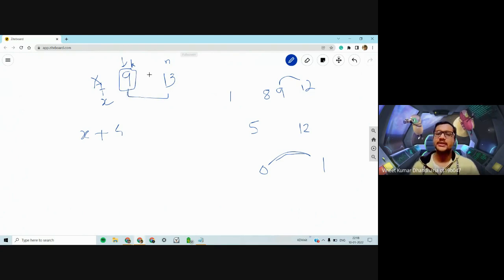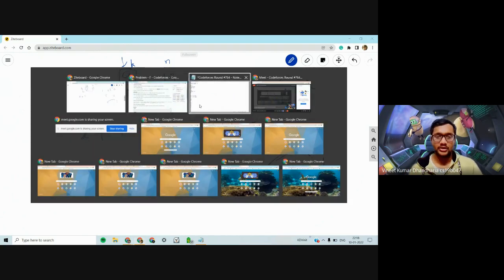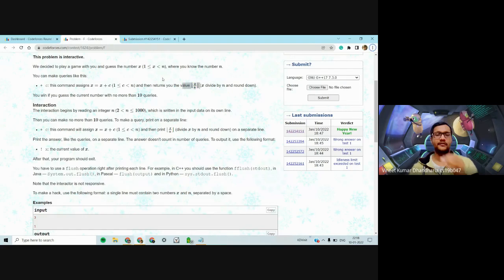What you can do is just ask the computer to add 4, and that way you can get to know if the original number is less than 9 or not. So that way you can get it for 9.